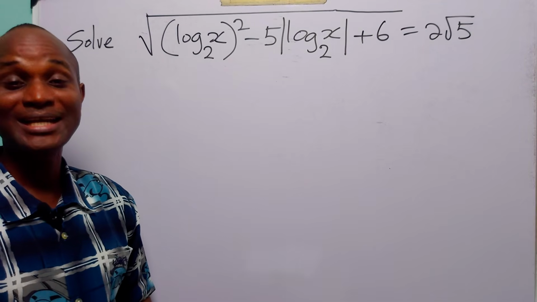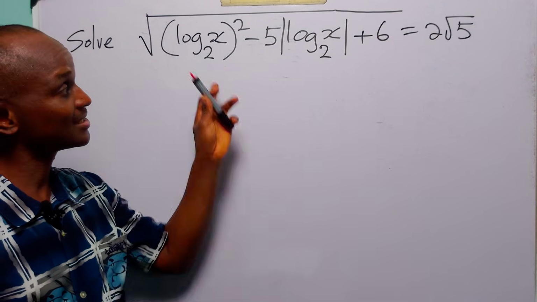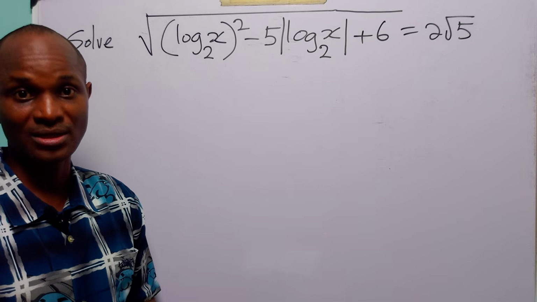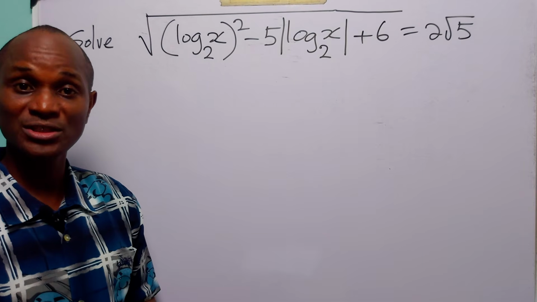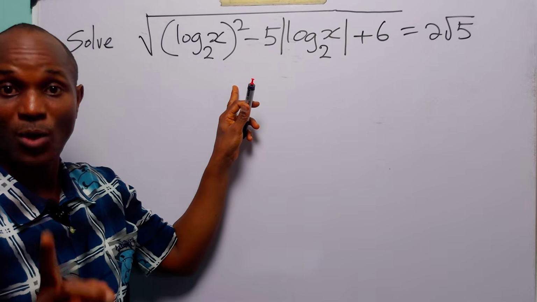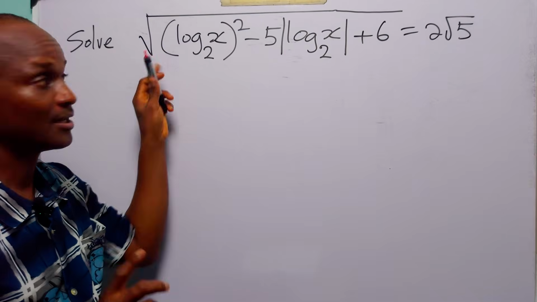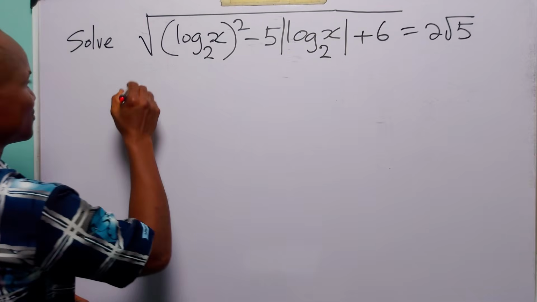Hello and welcome. In this math tutorial, our task is to find the real values of x that satisfy this logarithmic equation. To solve this problem, the first thing we are going to do is to square both sides of this equation. When we do that, we are going to get rid of this square root on the left-hand side. So, squaring both sides, we have that